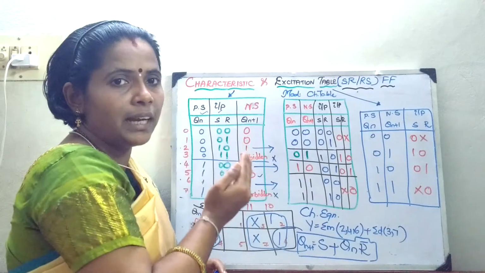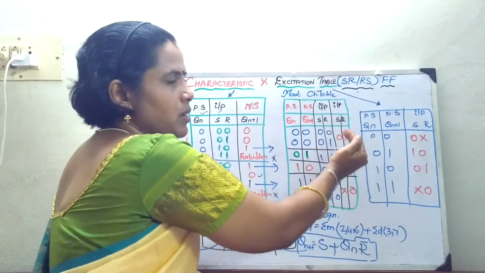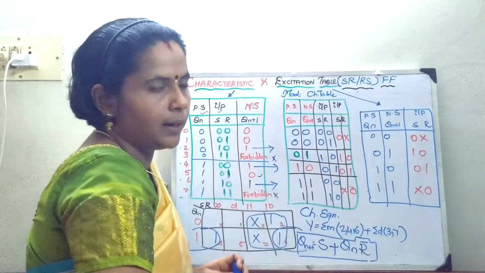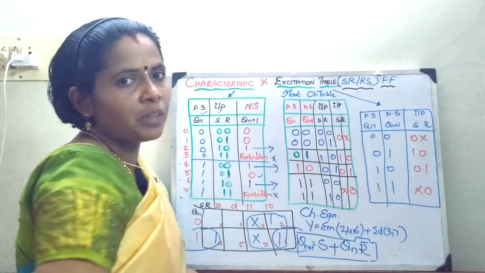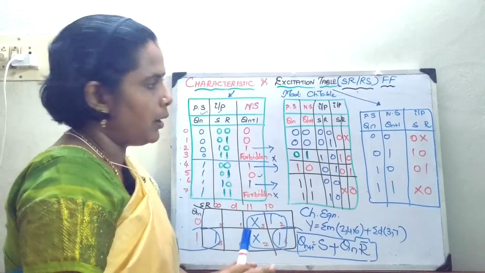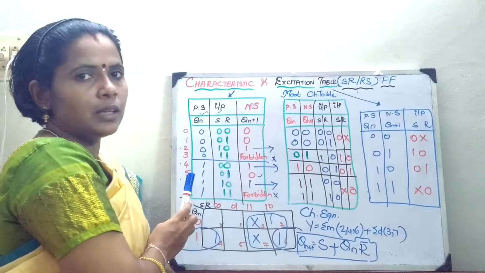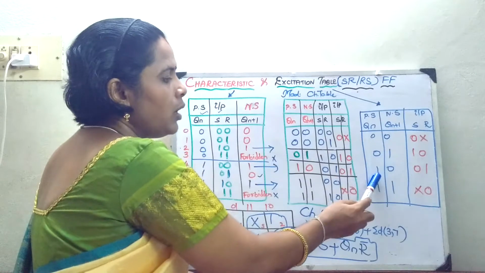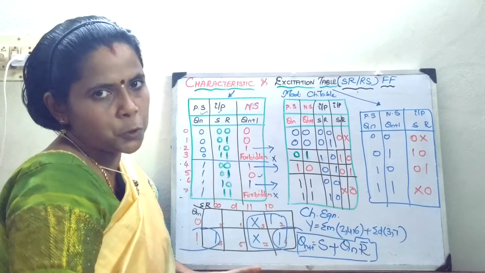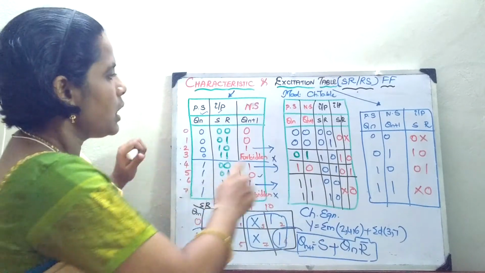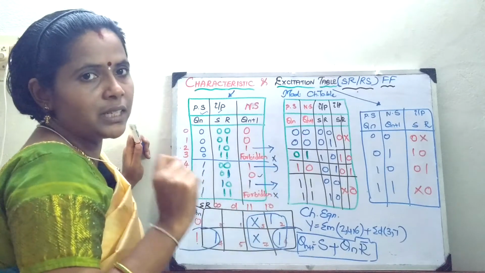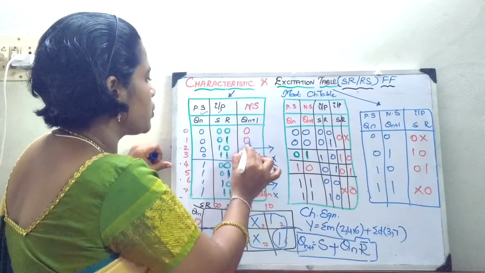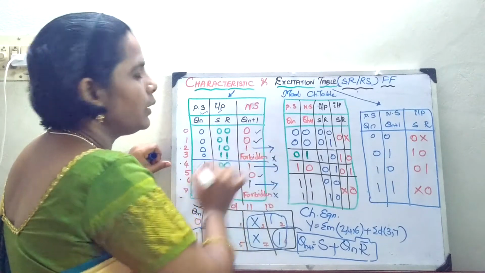That is, when the data is going to be transferred from the present state to the next state, what is the input that could be required? That can be inferred from the excitation table. Now here we are just going to rearrange the characteristic table in terms of 4 data, that is 0 0, 0 1, 1 0, 1 1, these 4 combinations. Okay, now we will go to this. The present state and next state, where it is 0, 0. The present state and the next state should be 0, 0.